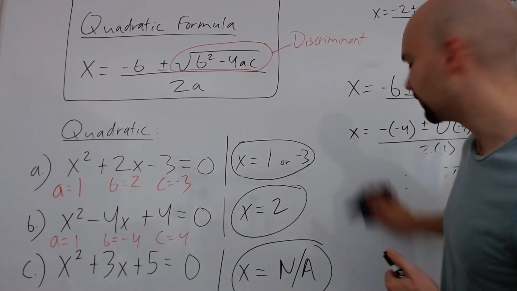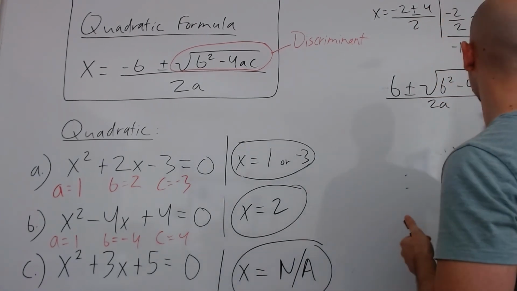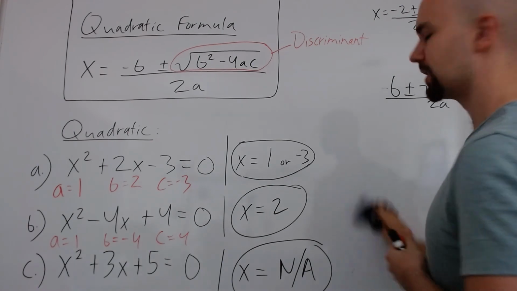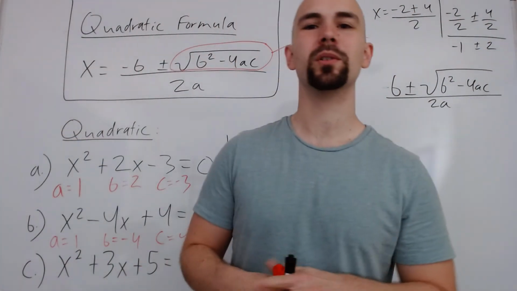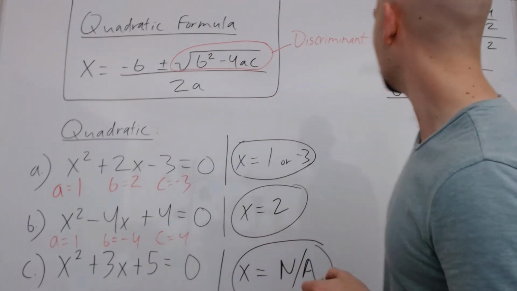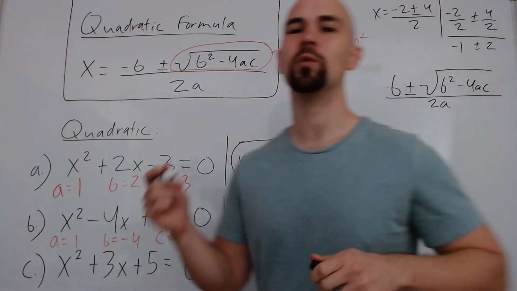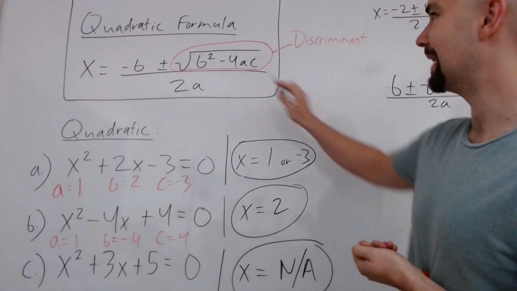Now we're going to try the third one. And what we should observe is in the discriminant, we're going to find that it's telling us to get the square root of something that doesn't make sense. It'll tell us to get the square root of a negative number. So if your quadratic equation is a normal one with 2 possible answers, you're going to have a positive square root answer to your discriminant,